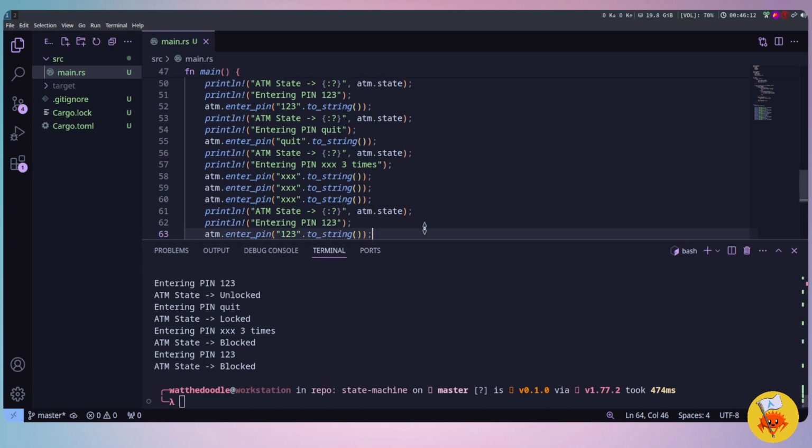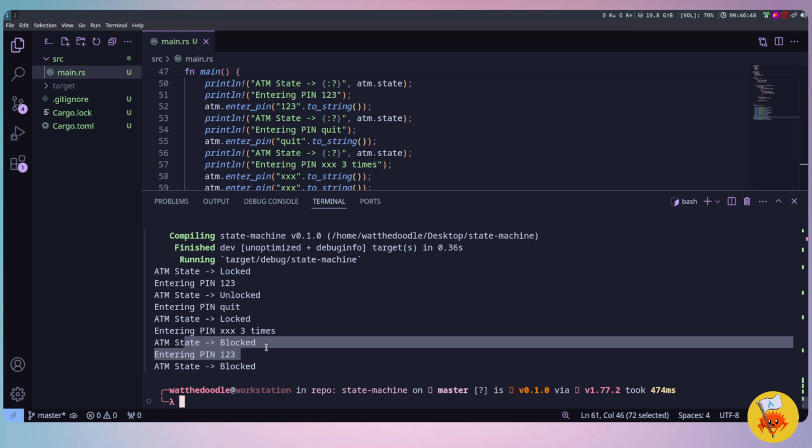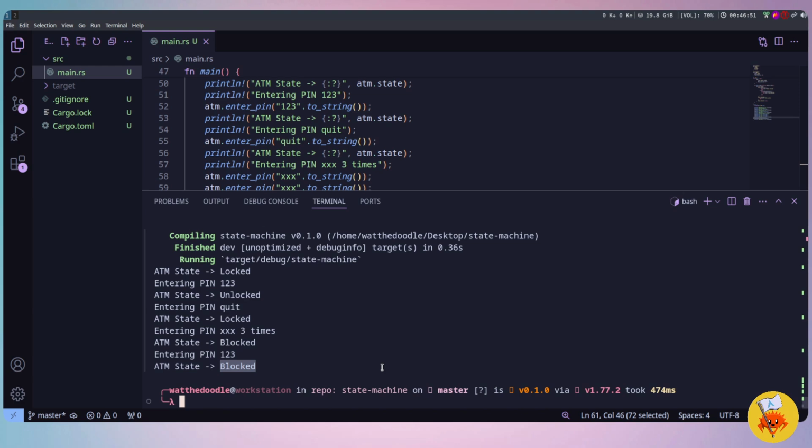So let me just make this a little bit bigger. We start off in the locked state. We enter the correct pin. It goes into an unlocked state, or transitions into an unlocked state. We then type in some commands, and the default action is to lock that account. Once it's from an unlocked position, it will always go to a locked position, whatever command you give it. And then once it's in a locked position, if you incorrectly enter it 3 times, we go immediately into a blocked and final terminal state. And then even afterwards, if you enter the correct pin, it doesn't matter, because it still remains in the blocked